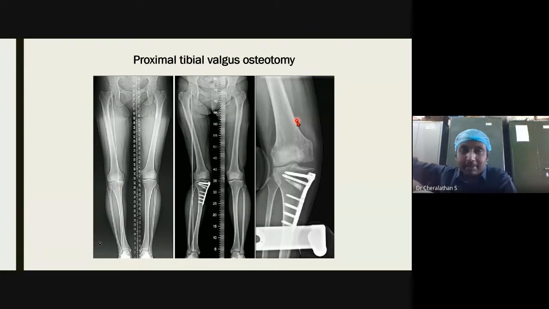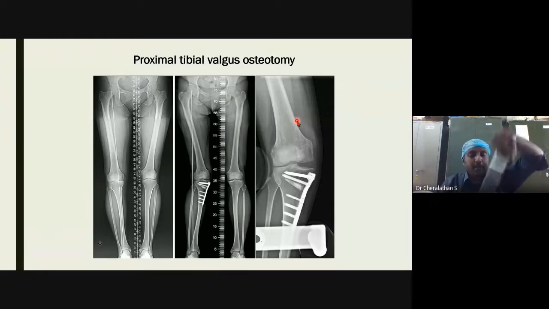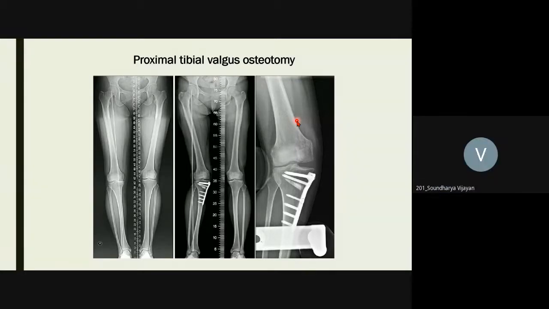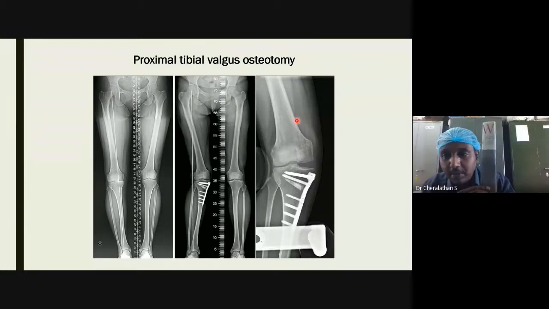I'll try it with the paper. Okay, this is a cylindrical bone. Are you all able to see it? Yes, sir. I will just come to my screen. Okay, now I am able to see what I am showing, right? Now assume this to be a bone, a straight bone. Forget all the deformities. Now I am going to explain what an angulation osteotomy is.